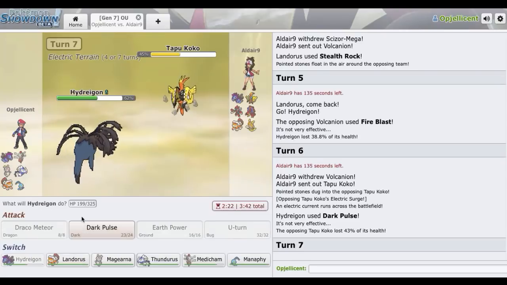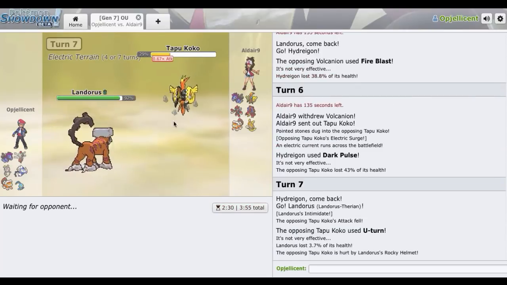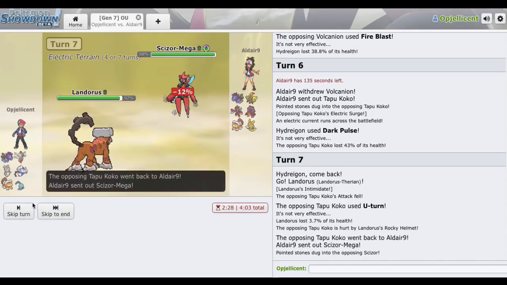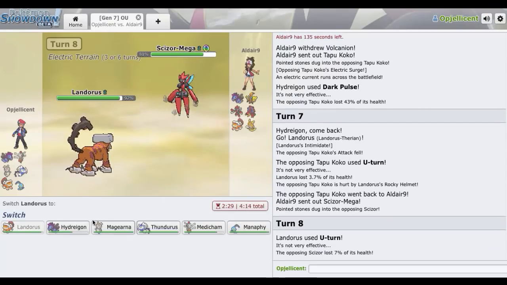And I'll just pivot to Magearna right here. He's going to U-turn. We're going to pivot to Landorus, because I want that thing taking even more damage. And now he's going to go out into the Alolan Raichu for sure. We'll take a hit from it, I think, just because it's not very strong. Actually goes Scissor, so he's going to Defog, I guess. I'm going to U-turn and just bring in my...